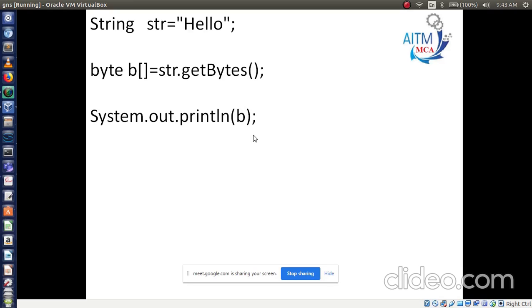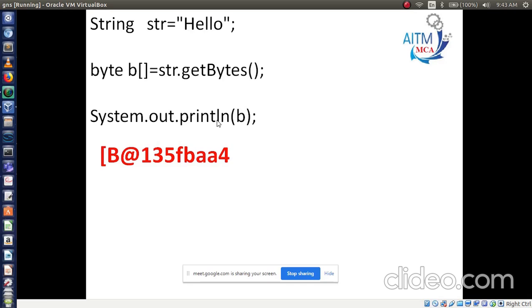It will display a number or not? Byte means numbers, right? So instead of displaying hello, we have converted these characters into bytes. So obviously it will display numbers. Let's see, the output will come like this. This is the output.